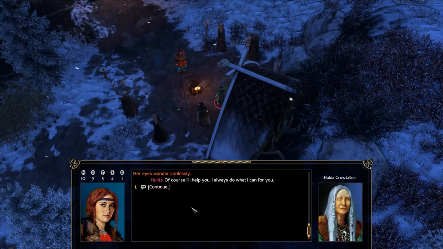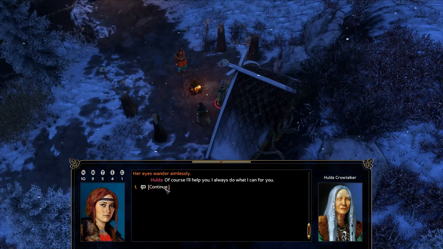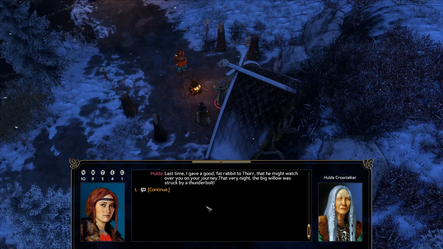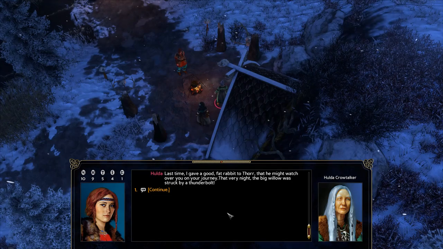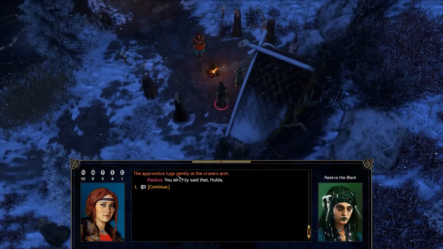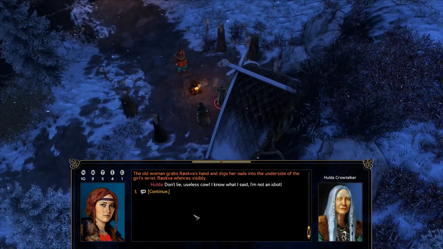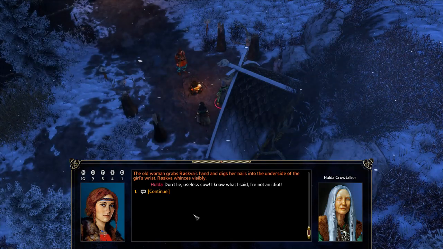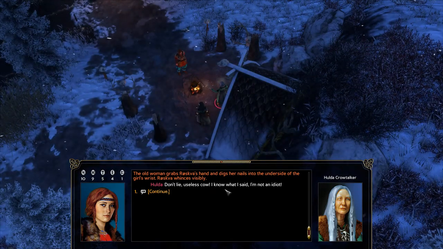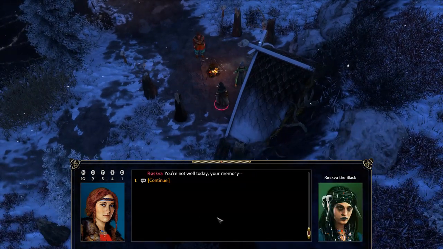I was hoping you could help me. Of course I'll help you. I always do what I can for you. Last time I gave a good fat rabbit to Thor, that he might watch over you on your journey. That very night, the big willow was struck by a thunderbolt. The apprentice tugs gently at the crone's arm. You already said that, Hulda. The old woman grabs Roskva's hand and digs her nails into the underside of the girl's wrist. Roskva winces visibly. Don't lie, useless cow. I know what I said. I'm not an idiot. You're not well today. Your memory...